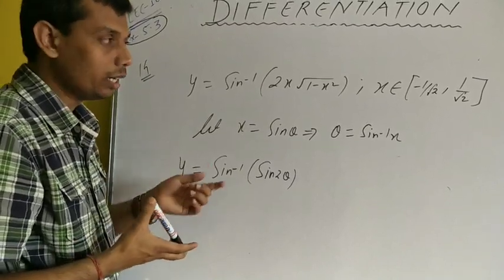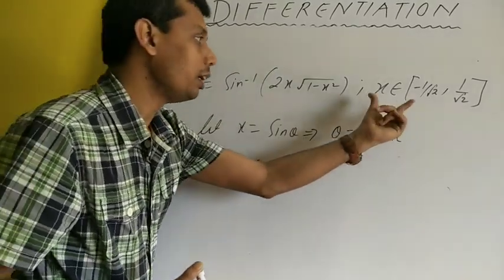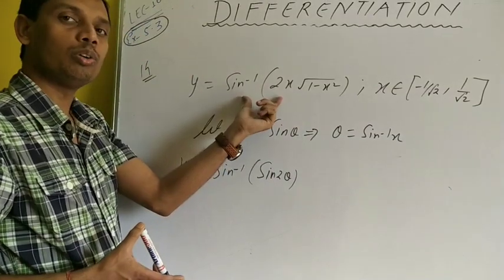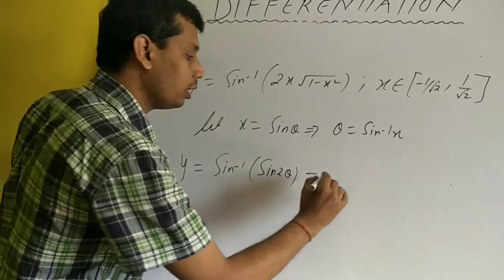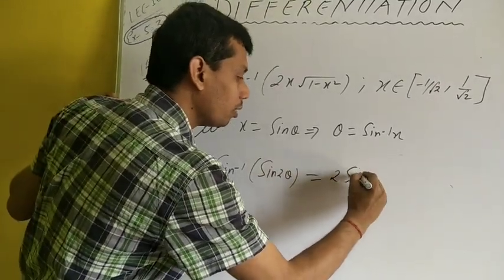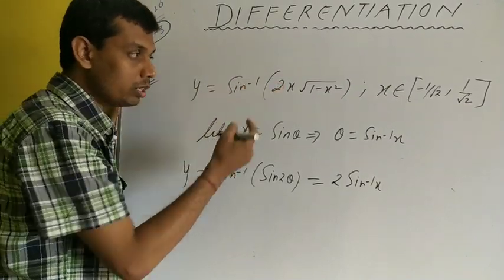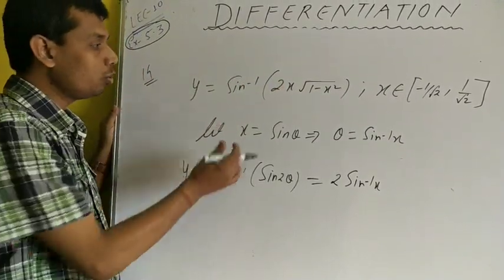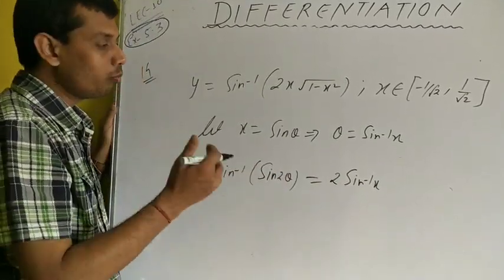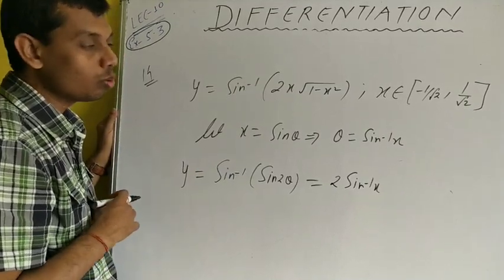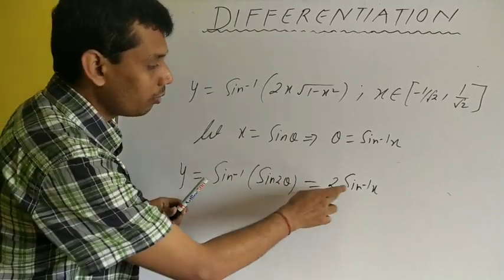But in the question it is in inverse trigonometrical function, and we have studied that in this interval its value should be twice sine inverse x. You check it, you will get the value. See, sine inverse sine 2 theta gives 2 theta, and theta is sine inverse x, so twice sine inverse x. So in the closed interval minus 1 by root 2 to plus 1 by root 2, its value should be twice sine inverse x only, and that is what we are getting. Now if we proceed by assuming x is equal to cos theta, in that case, see here, theta will be equal to